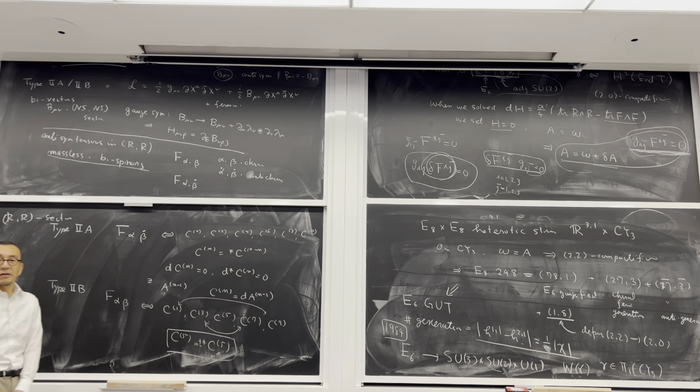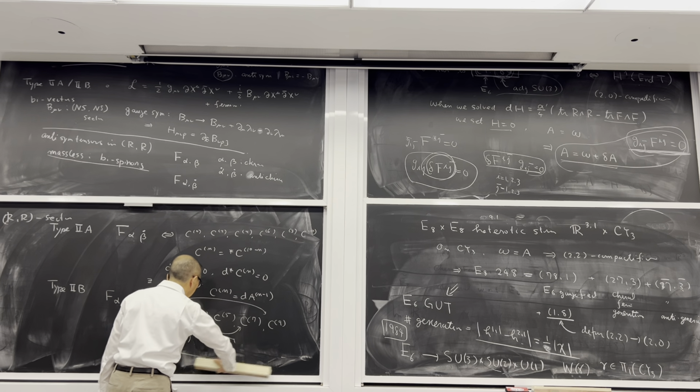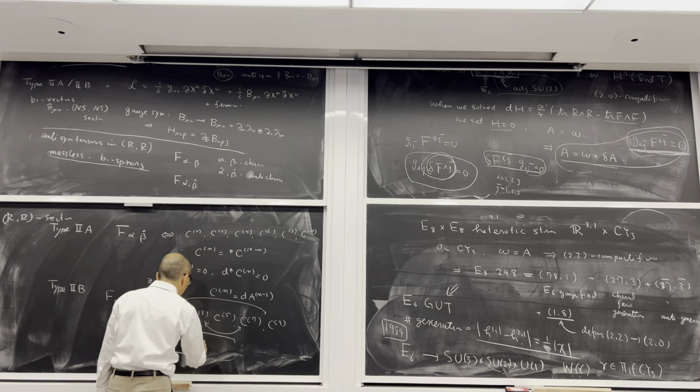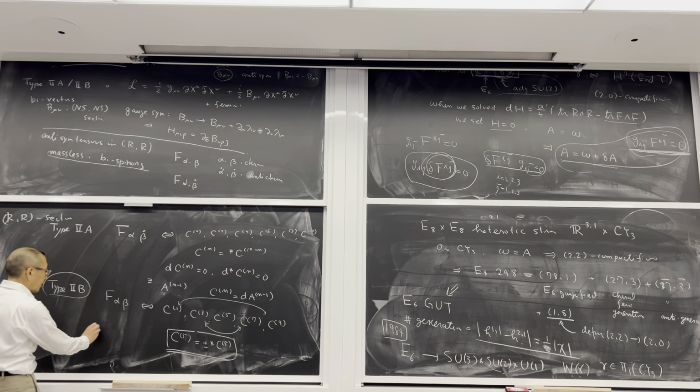So this gives rise to this self-duality of the 5-form, which gives rise to all the interesting features of type 2B string theory. One of the significant features is that the type 2B string is self-dual. That is, the strong coupling limit of the type 2B string is actually the weak coupling limit of the type 2B string itself.